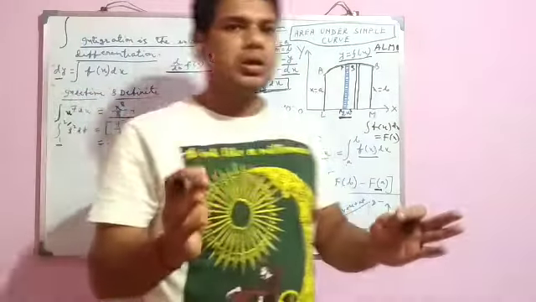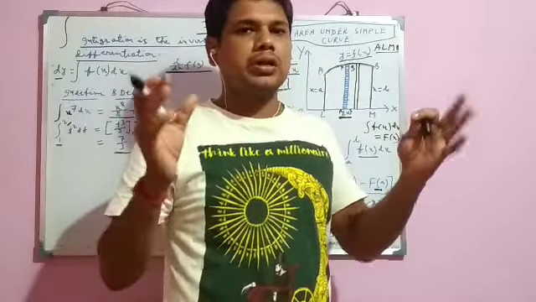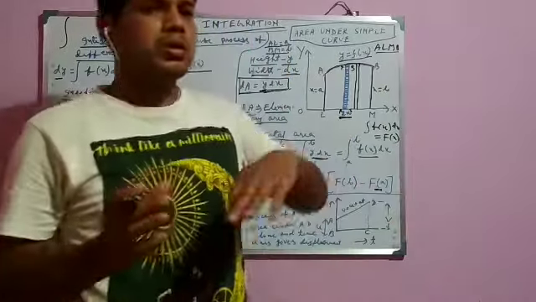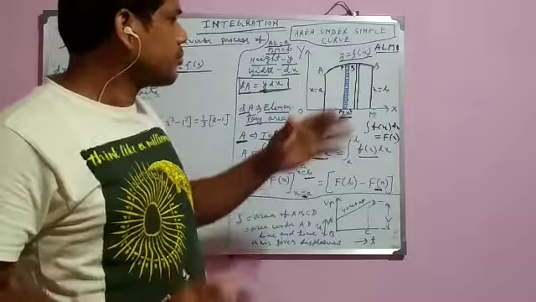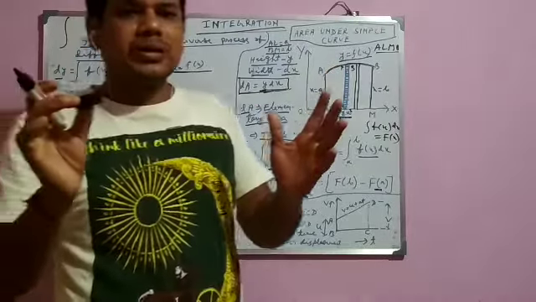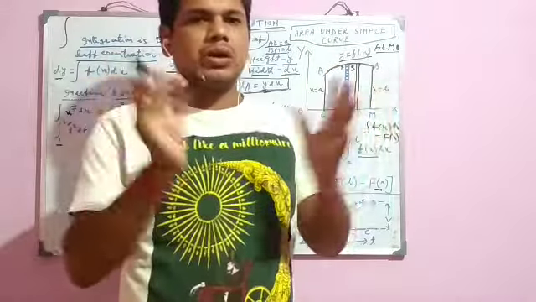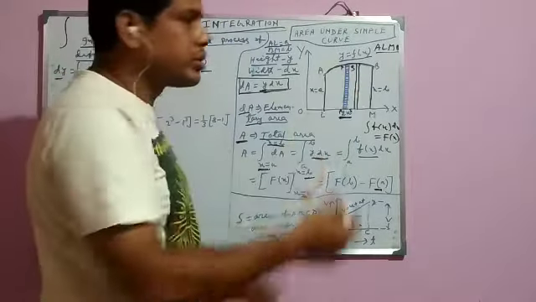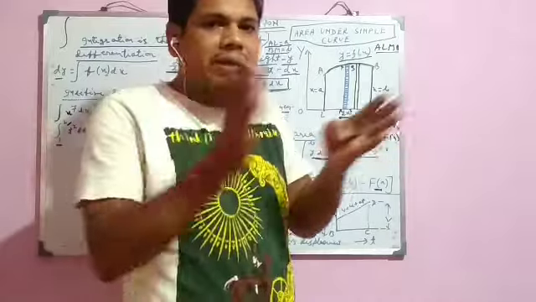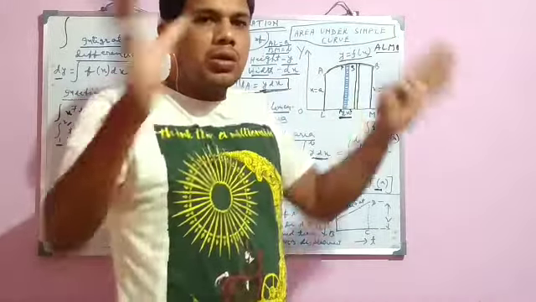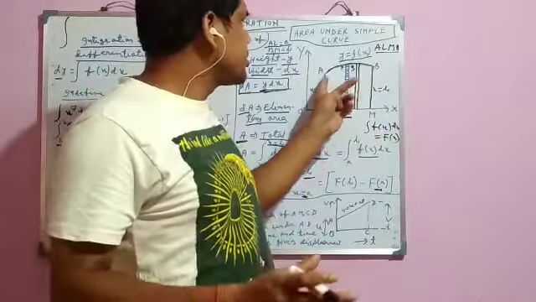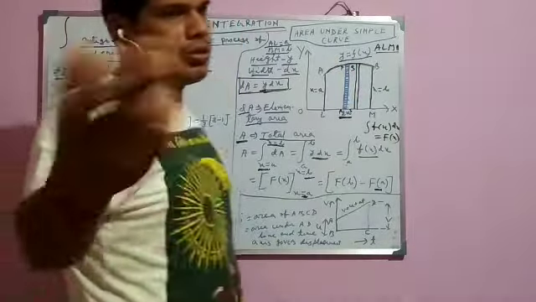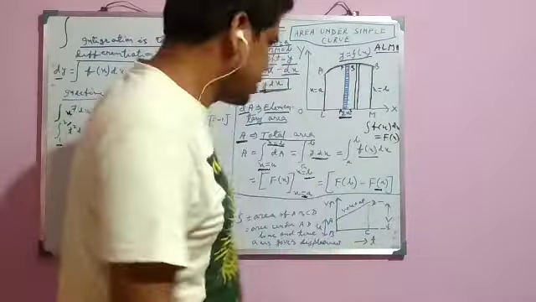So in this way, by using integration, we can find the area bounded by a curve and the x-axis. Integration is basically nothing but a summation, one type of summation. Here you can see that we are just adding all the strips to get the whole area bounded by this AB curve.